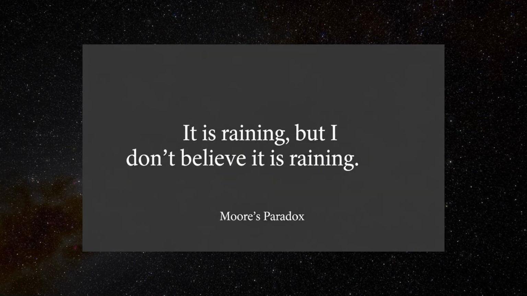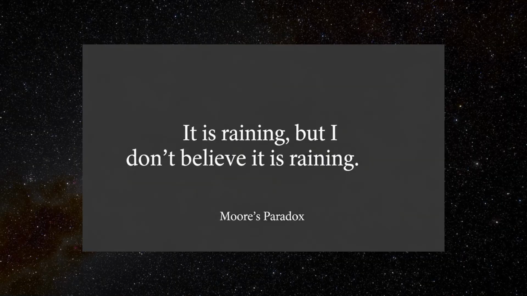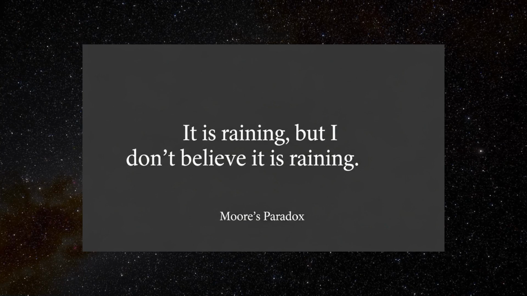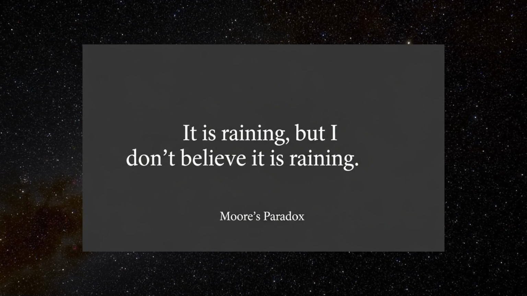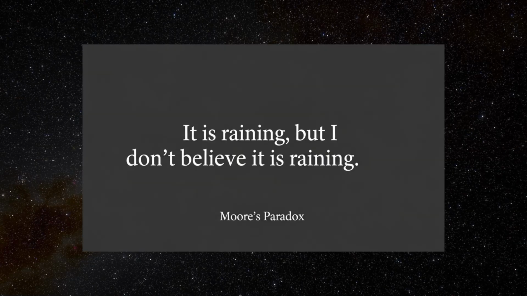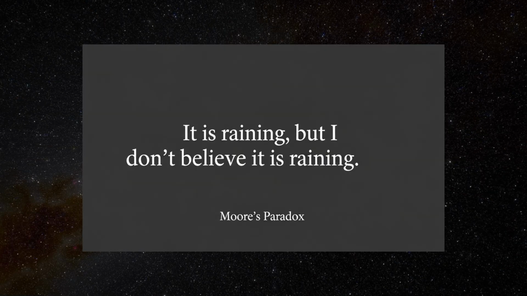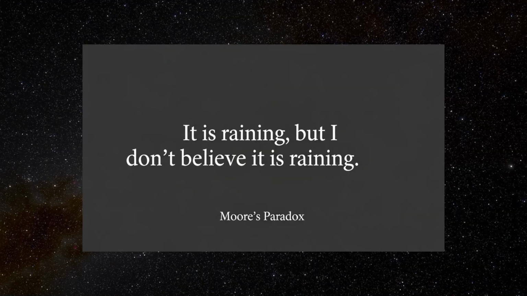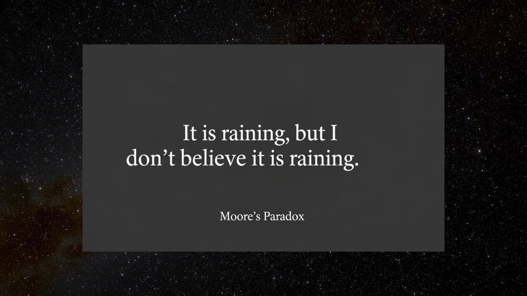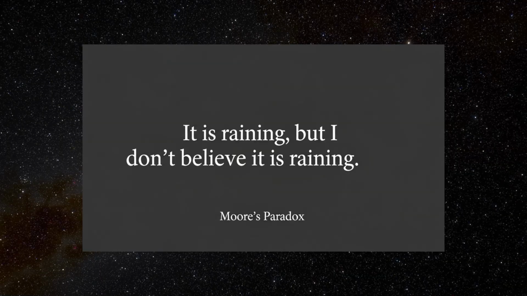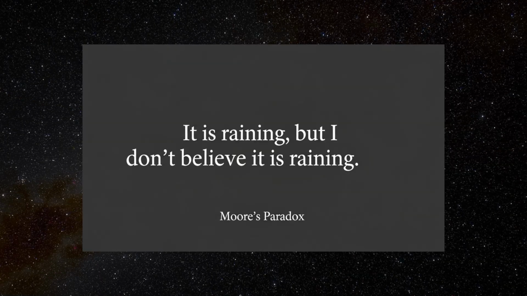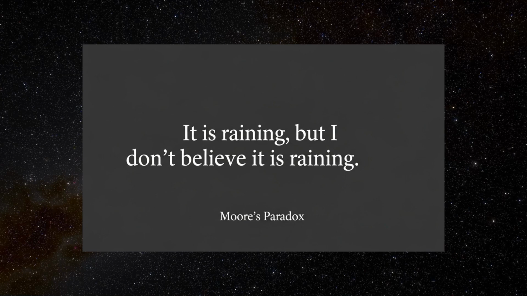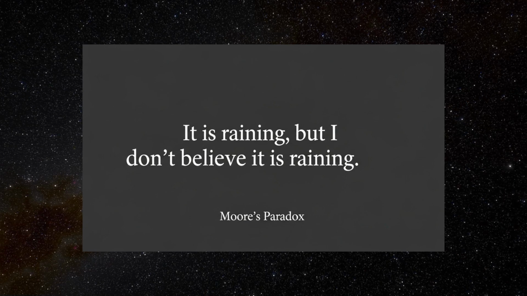Moore's paradox forces us to distinguish between truth and assertability. A statement might be true and yet not something that can be sincerely or meaningfully said. It also raises questions about self-knowledge, particularly about the relationship between belief and assertion. Normally, when a person makes a declarative statement, they are implicitly asserting that they believe what they are saying. So to say something and simultaneously deny believing it undermines the very purpose of speaking, to convey what one takes to be true. This paradox has implications for the philosophy of mind, epistemology, and the theory of language.